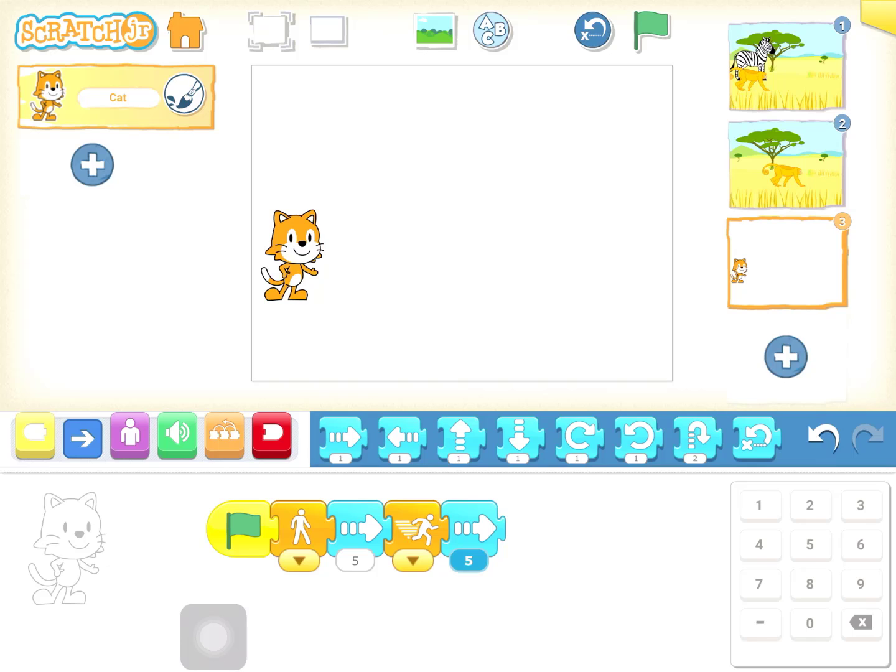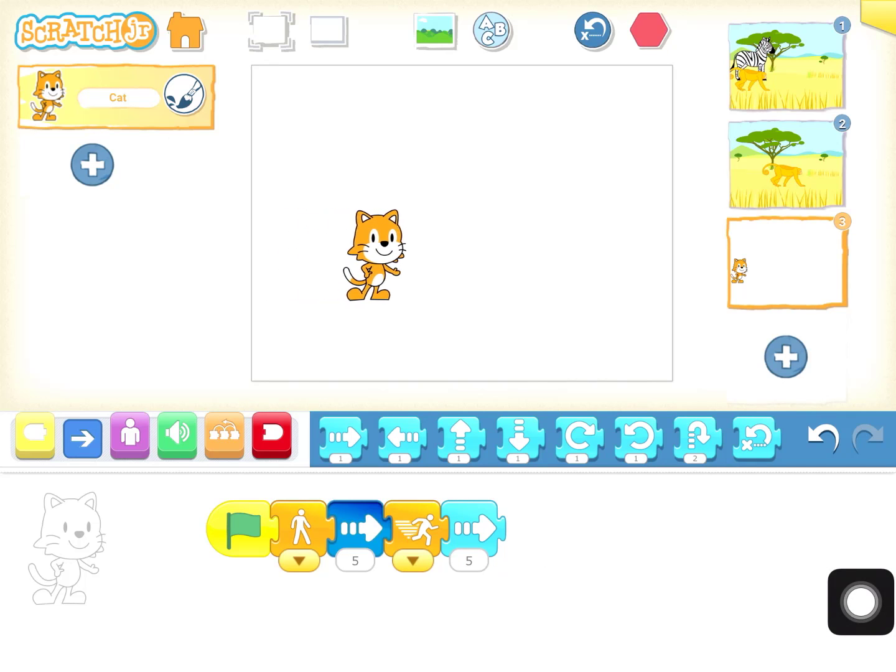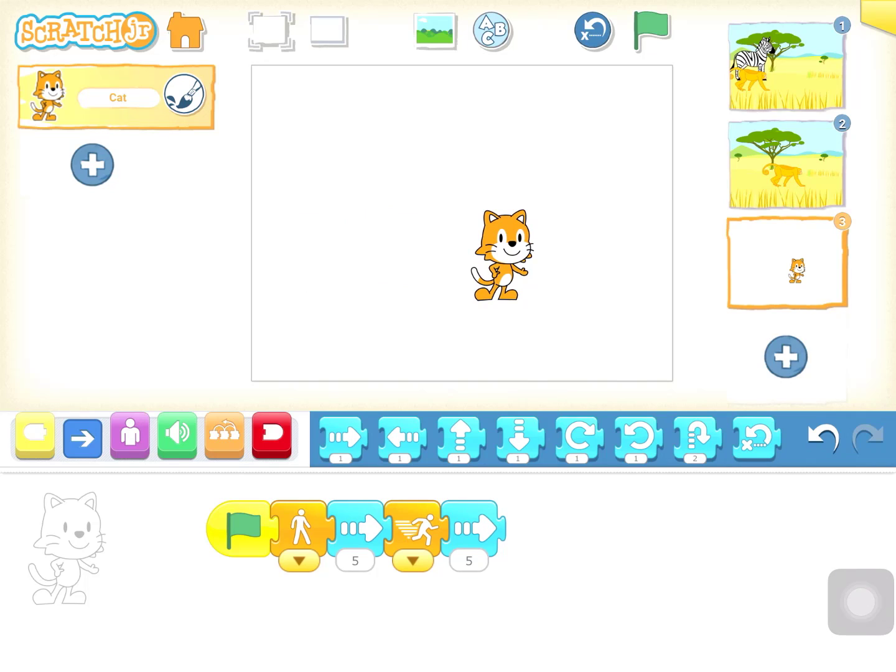You understand that? So cat will start from the slow speed, go 5 steps forward, then change the speed to fast, and then go 5 steps forward with the fast speed. So when I tap on the green flag, see, slowly and then fast. So that's another way of using speed blocks. You can make your characters go fast, then slow, then medium, or however you want.